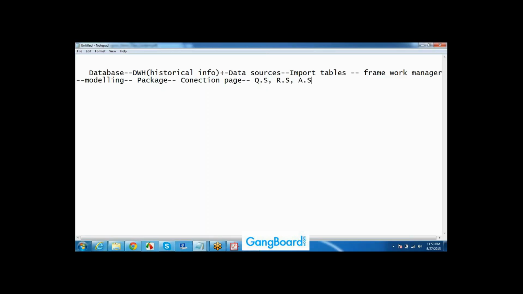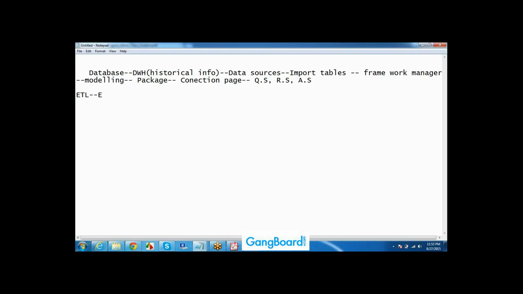Till this data warehouse creation, bringing data from database to data warehouse, we are not responsible. There is a separate team called ETL. ETL: extract, transformation, loading.